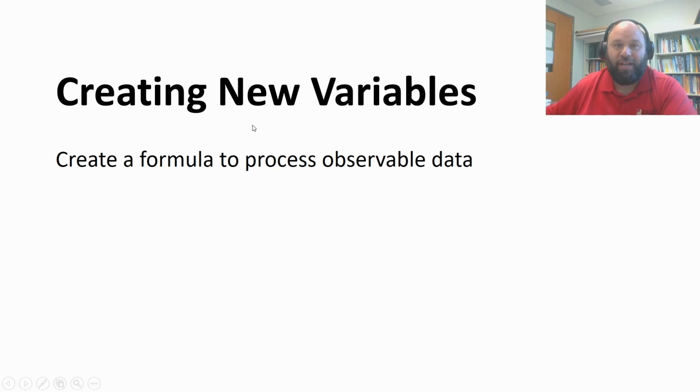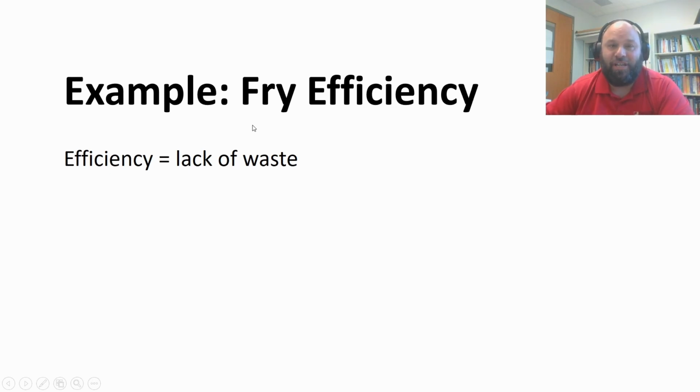The example we're going to look at is called fry efficiency. What is efficiency? Well, that's a lack of waste. Let's think about a fast food joint. Pick your favorite fast food place. The question is, how efficiently are they using their fries? Well, fries are wasted if they're not sold, right? That's waste. So the question is, what portion of the fries that are used in the building are actually sold